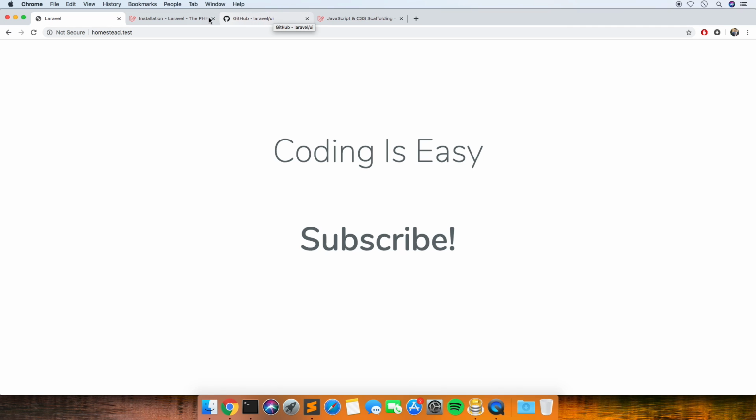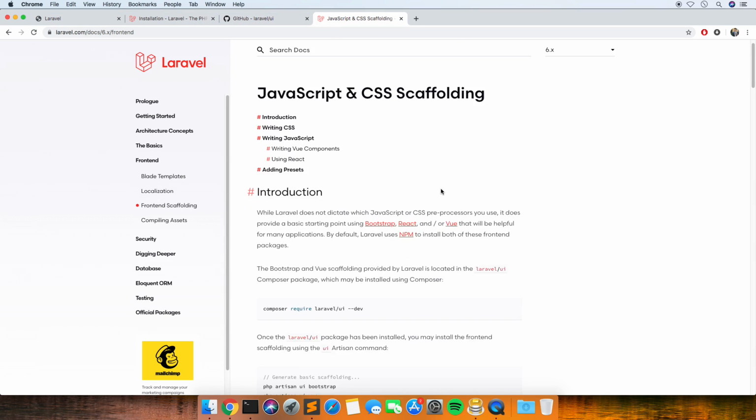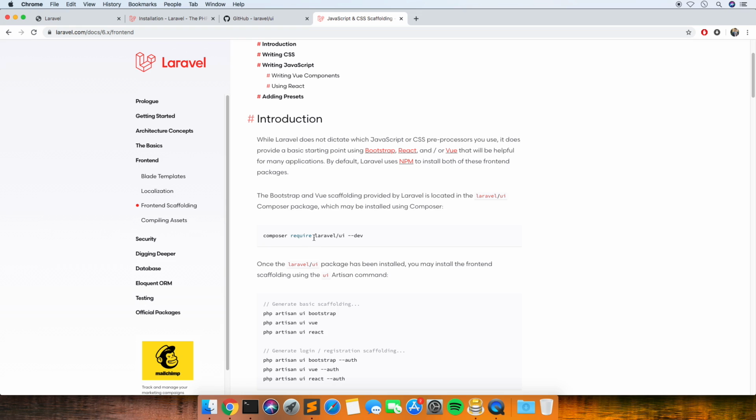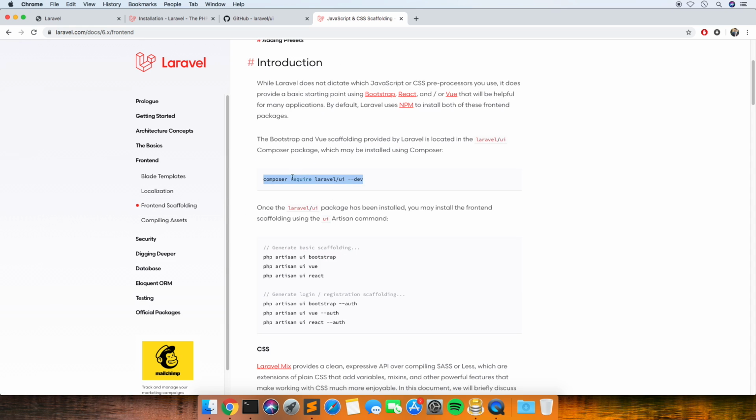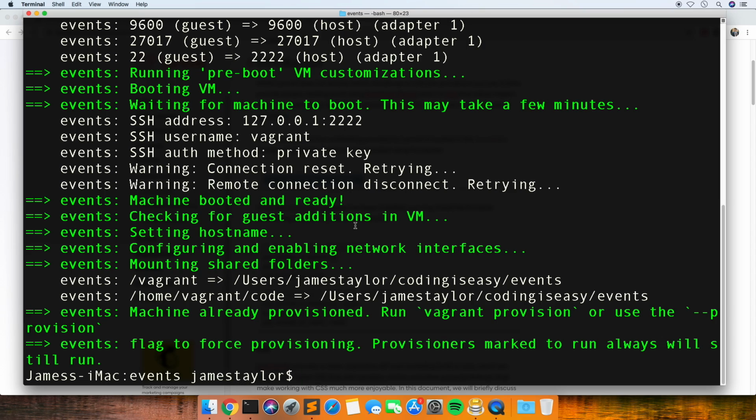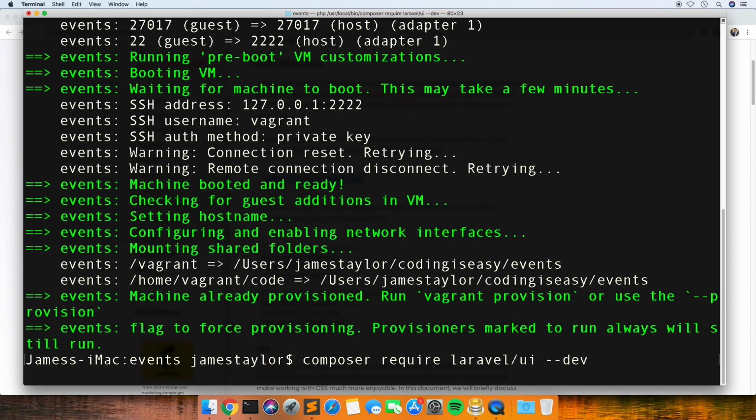So Laravel has split this out now into a separate library. So I think it's this. To get to this part, you just go to the front end and then front end scaffolding. And then you want to do this line here, composer require laravel/ui. So let's install that and see. I've not actually ever used this library before, so hopefully it won't be too hard.